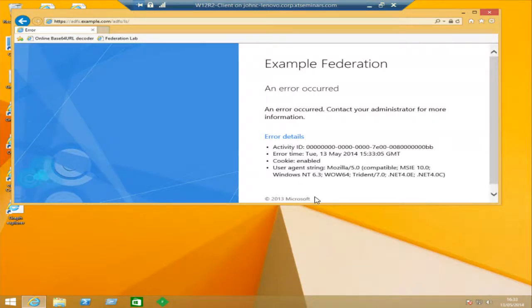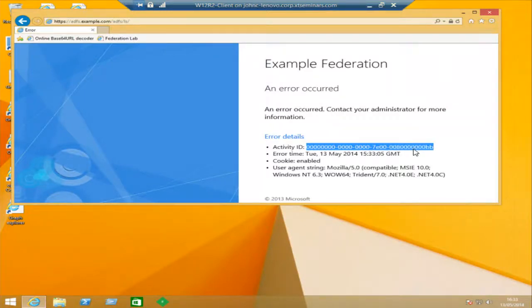Now, you may be familiar from previous versions of ADFS with this thing called the activity ID, and it was a long GUID string, all filled out with hexadecimal characters. Well, now it's actually a little bit simpler to recognize. But I'm going to grab that, because what we need to do with that is go across